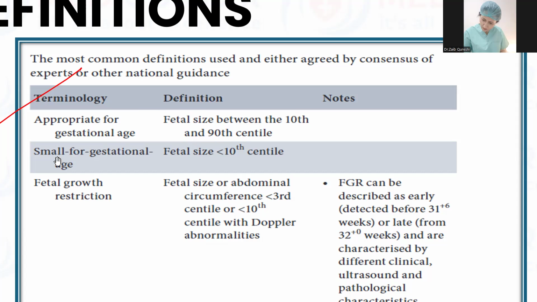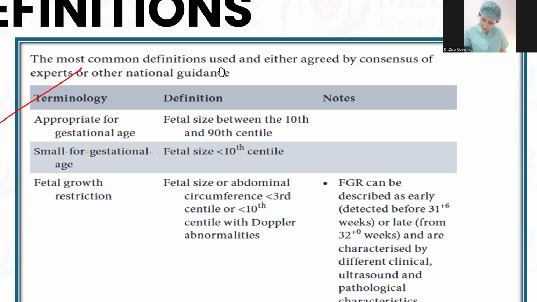When are we going to term it as small? When fetal size is less than the 10th centile. I will show you the growth chart as well. So when do you term a fetal growth restricted baby? When fetal size or abdominal circumference is less than the third centile, or less than the 10th centile with Doppler